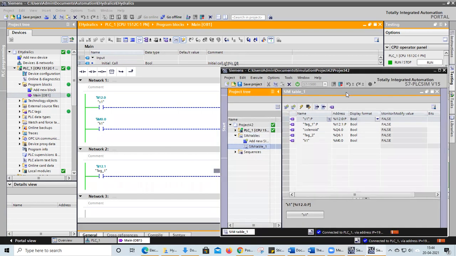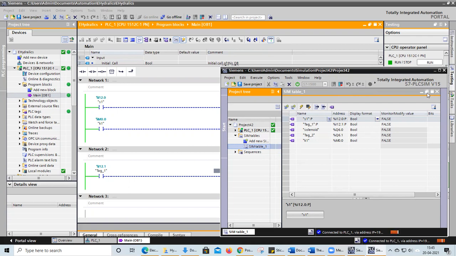In the previous case, I had turned on my CPU here itself. In both places I can turn it on. In the simulator also I can turn on, and in this normal file also we can turn on our CPU. Here also there is an option: if you haven't turned on the CPU, please turn it on. The options will be there, stop CPU, start CPU. Anywhere you can turn it on. And this is for the viewing option.